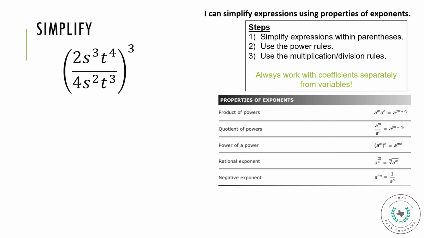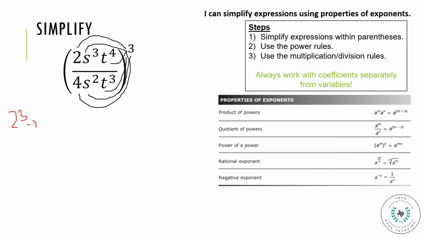Here, once again, we're starting off with those parentheses. So first of all, we're going to distribute. This is going to be distributed to, remember, every value, including our coefficients. So, let's start off with those coefficients. 2 to the power of 3